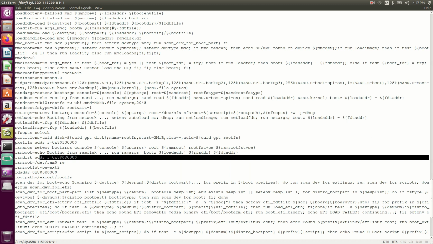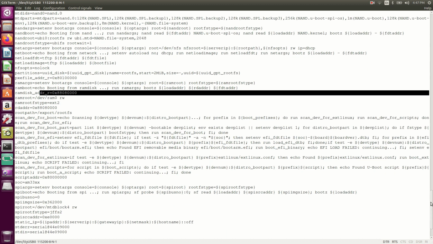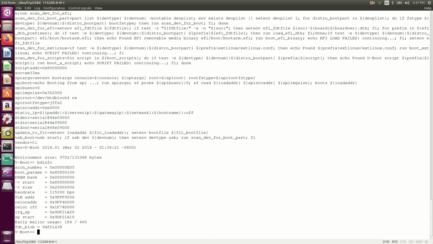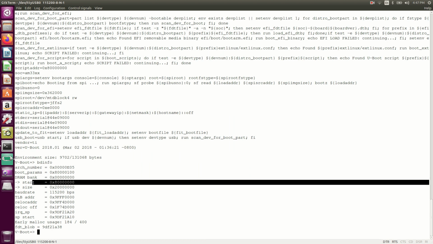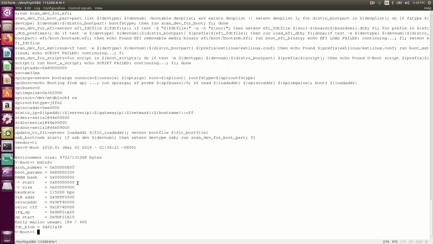So whatever the information about the U-boot, all the environment variable information, you can get it here, and it will print all the environment variables. Okay, so the next command we will use is bdinfo. bdinfo is nothing but board info. Board info means what is the RAM size, what is the baud rate, from where it is starting, that starting location, and what is the size of the memory it is acquiring and all. So whatever the board information is there, we will get it from bdinfo.